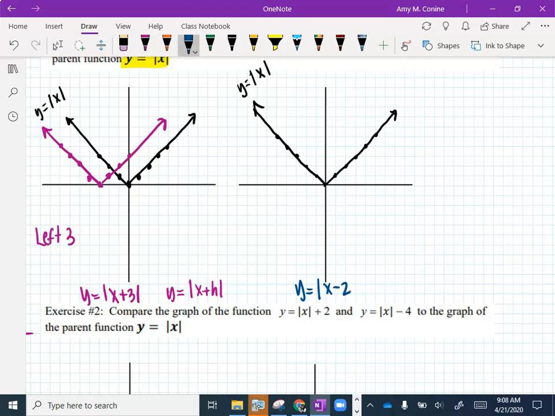So it is a minus h. So really what we have here is y equals |x minus h|. And if you remember, a minus h means we are going to go right 2 units. It's always the opposite of what's in there. So I'm going to take my vertex and count over 2 spaces, and then all of the other points will follow